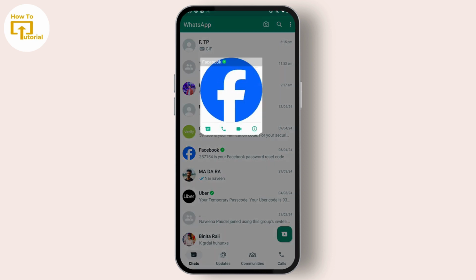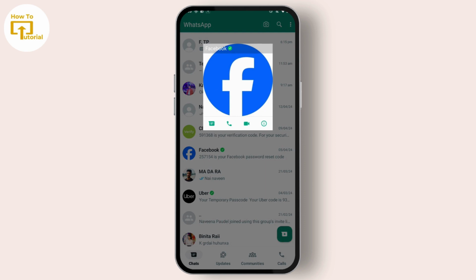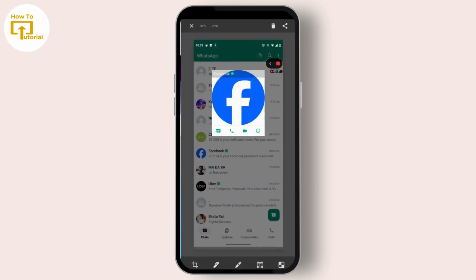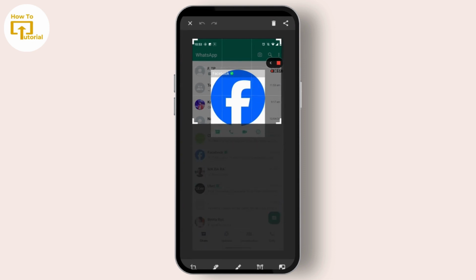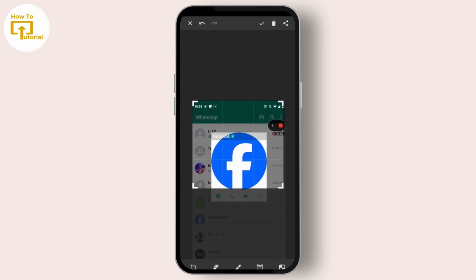So just tap on that profile and you can find a small profile of that person. So now what you can do is just simply take a screenshot of that profile. After taking that screenshot, just tap on that pencil icon and now you can edit that person's profile. So just crop it,